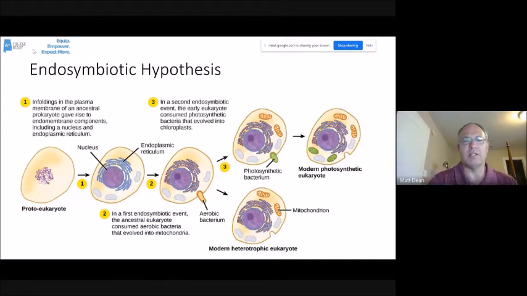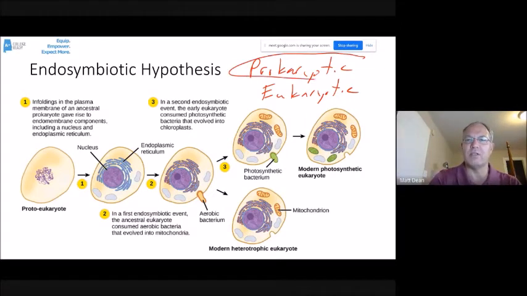So first of all, we talked maybe 2 weeks ago that there's really two kinds of cells on Earth today: prokaryotic and eukaryotic. And scientists think that the prokaryotic cells came first, that they evolved first. These are things like bacteria and archaea. They're very small, very simple cells. They lack a membrane-bound nucleus, and they lack all the membrane-bound organelles that eukaryotic cells have. Scientists think that eukaryotic cells evolved from prokaryotic ancestors,